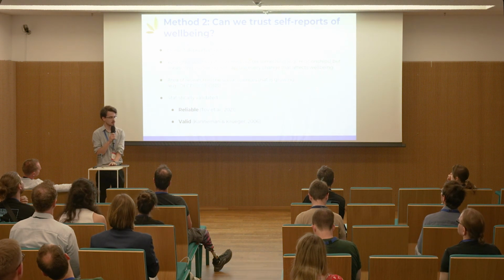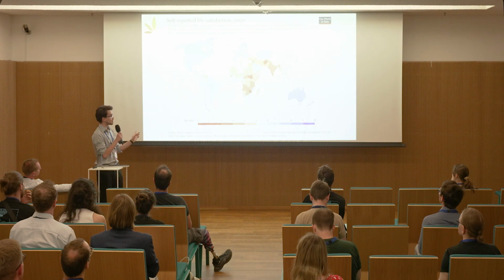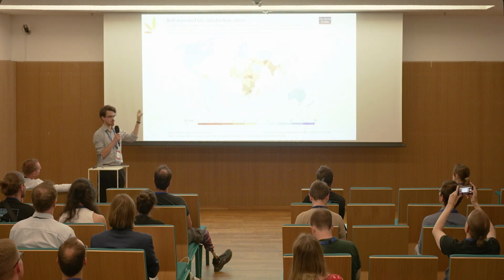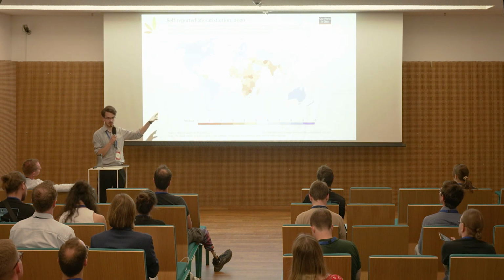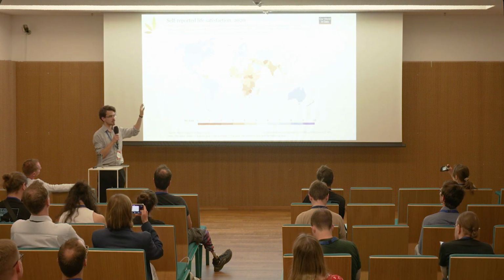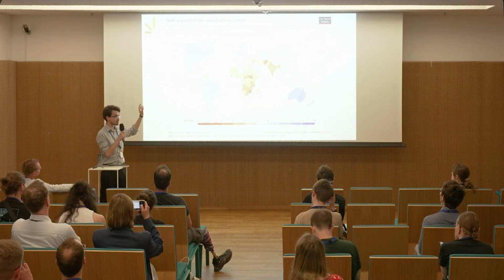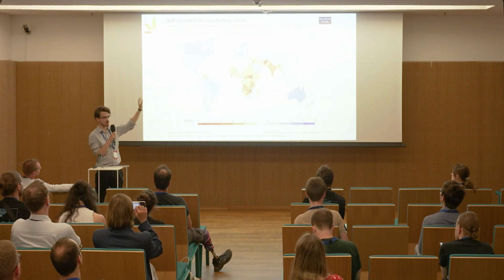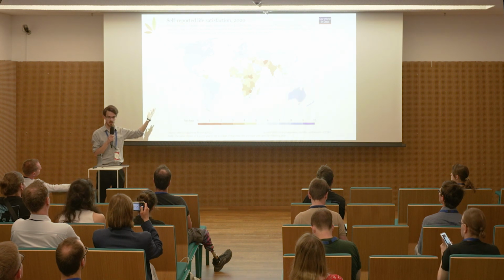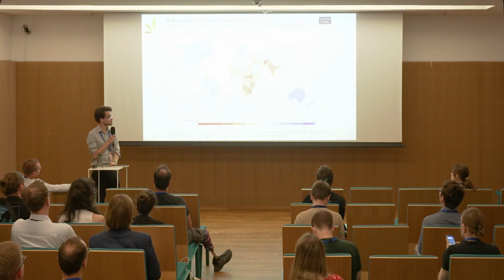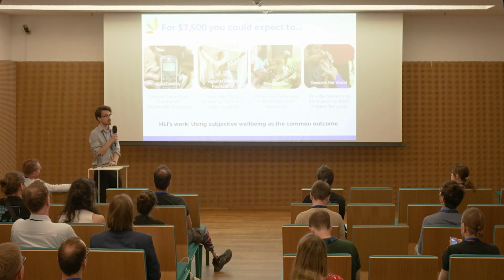I think a good example of their validity is this map of life satisfaction across the world. You can see here that countries that are poorer, have more public health issues, maybe governance issues, tend to be less satisfied. And countries that have crises like Venezuela and Afghanistan are also less satisfied. So it is getting at what we want these measures to get at.